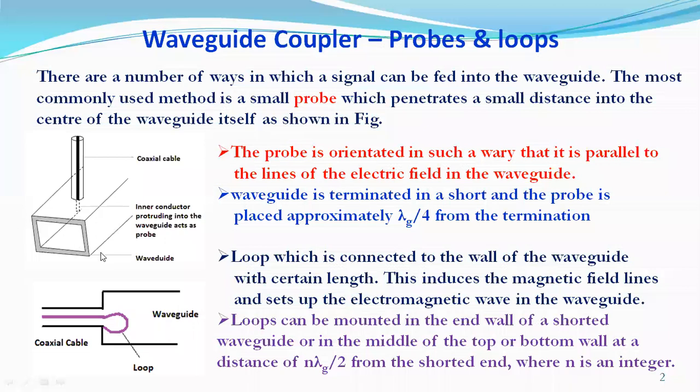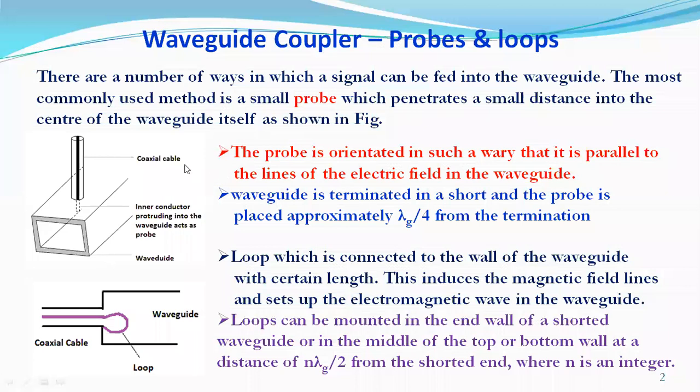So this is the waveguide, and on the broader side, the top of the rectangular waveguide, we are inserting the probe. So a probe means using a coaxial cable to feed the rectangular waveguide to transmit the electromagnetic wave, or to take the signal from the rectangular waveguide using the probes or loops. So probes are inserted on the top and broader side of the rectangular waveguide. In a coaxial cable we have two things: one is the inner conductor and the other is the outer conductor. The inner conductor is inserted into the hole, and the outer conductor is connected to the outer surface of the rectangular waveguide.